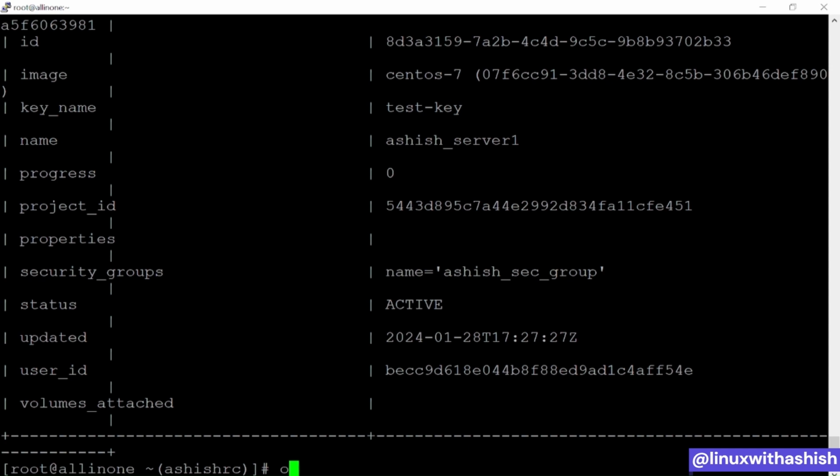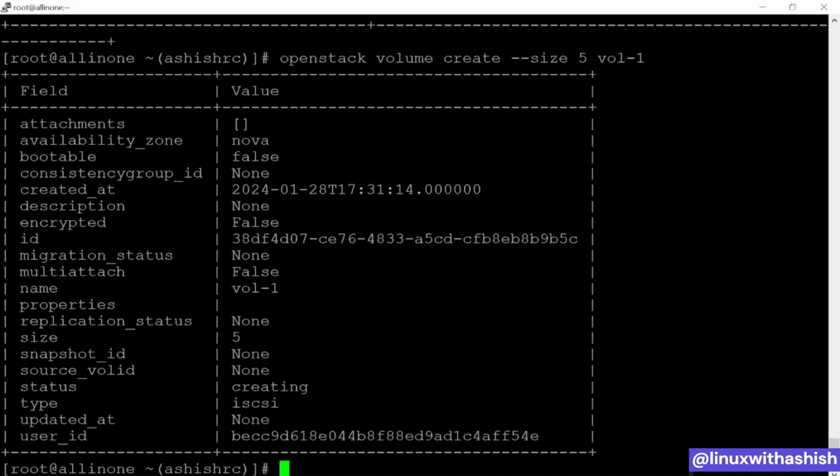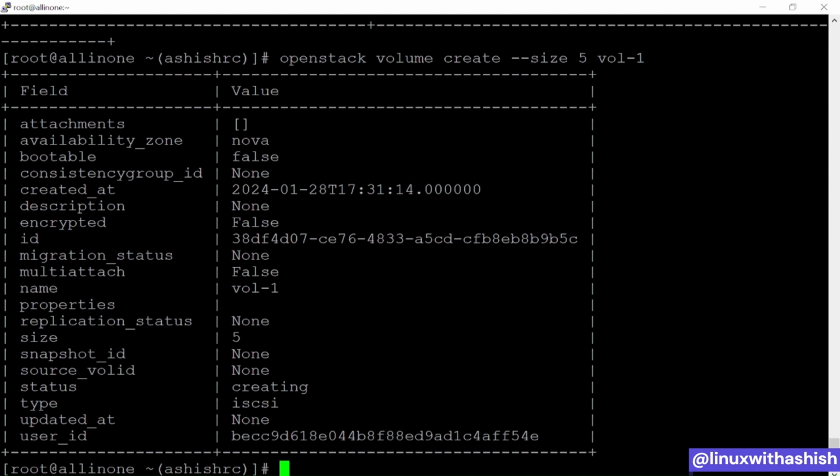We can use openstack volume create, and I will use size 5, like 5 GB, and the name of the volume will be vol1. Okay, so it will create a volume. Size is 5 GB, and we will attach this volume to the server. So earlier, if you see, the volumes attached was blank, right? And now we have created one volume with this ID. And how will we attach this volume to that server,